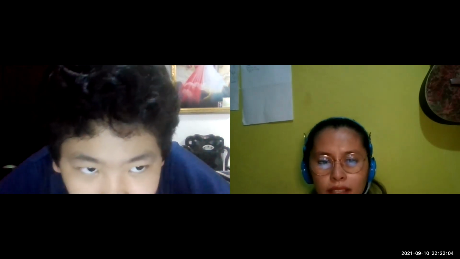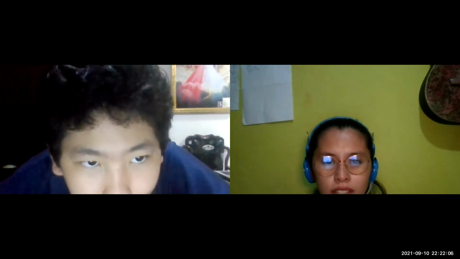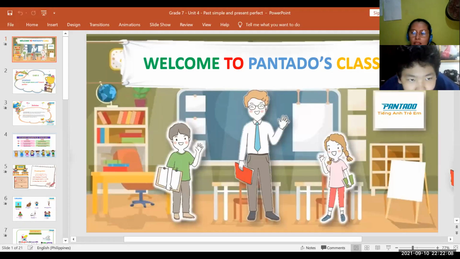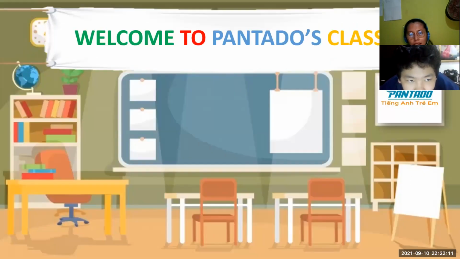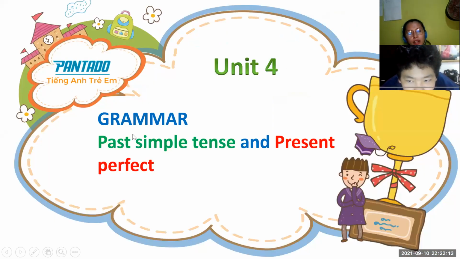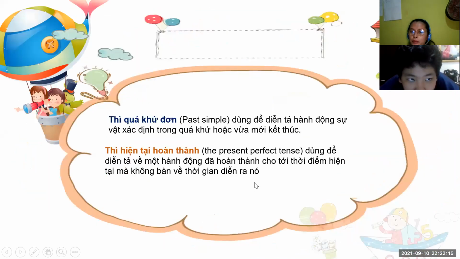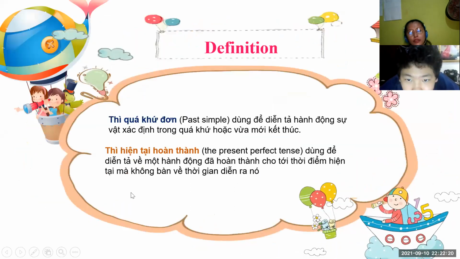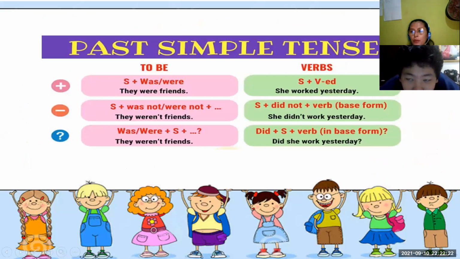Okay, let's continue to the next unit. It's all about unit 4 grammar, past simple tense and present perfect. So let's go first for the past. When you say past tense, do you have an idea what we talk about? The verb or the action is already done in the past. For example,